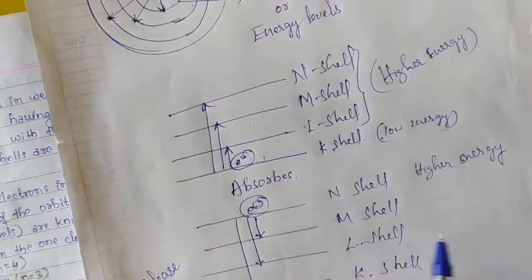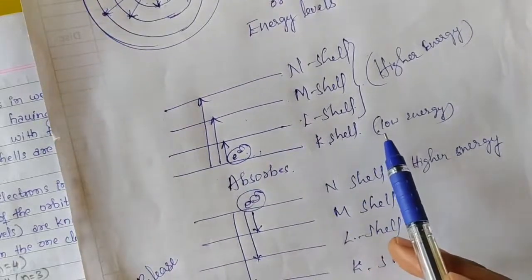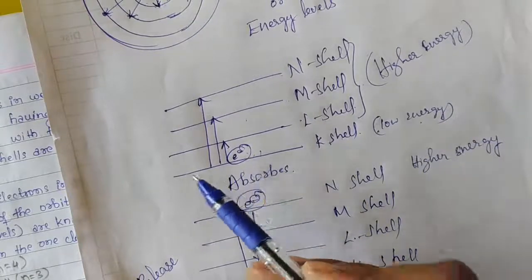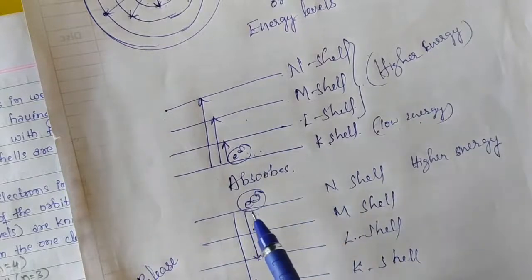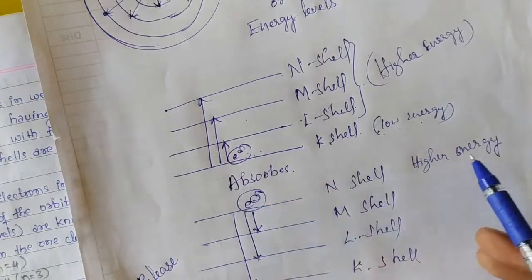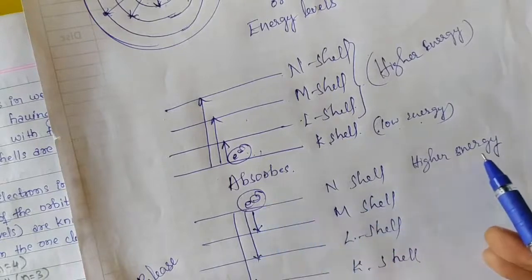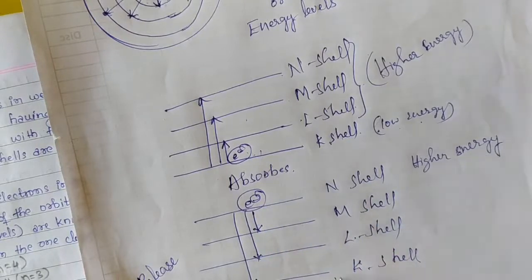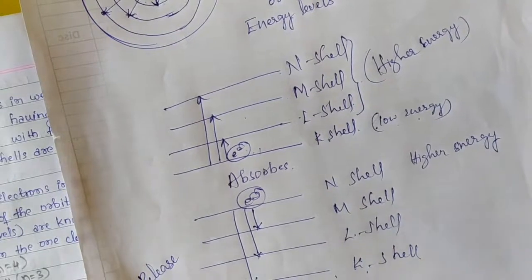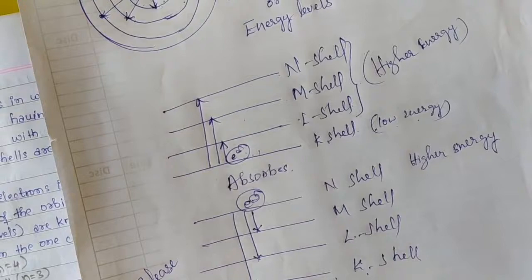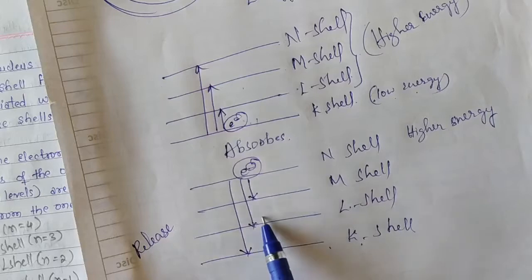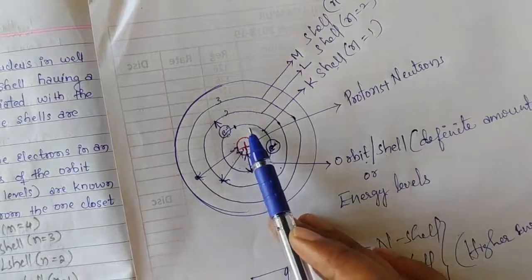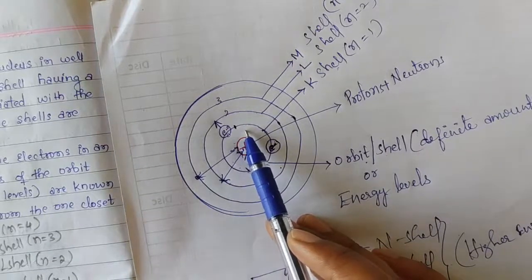Whenever an electron which is present in an orbit having low energy can jump to a higher energy level, it does so by absorbing energy. But the electron can jump from a higher energy orbit to a lower energy orbit by releasing the energy. In simple terms, whenever an electron moves from one orbit to another orbit, it will emit or absorb energy.